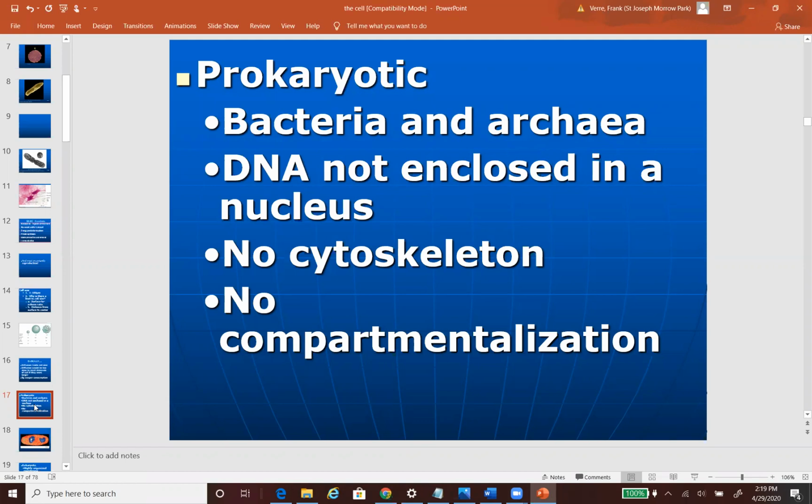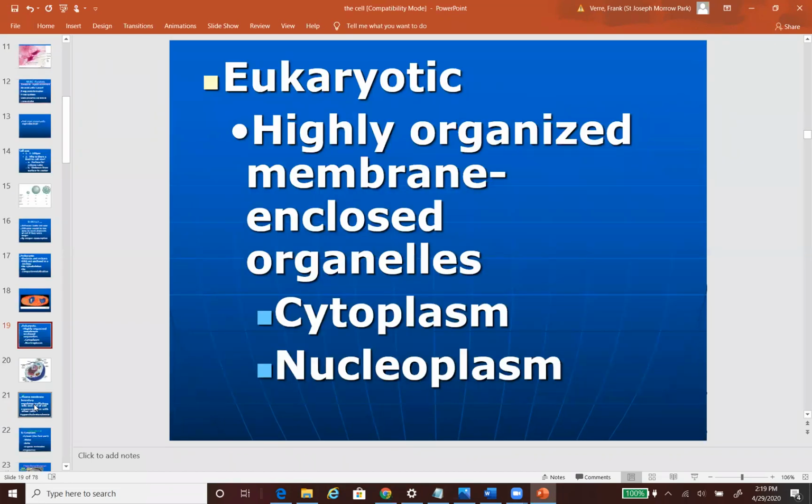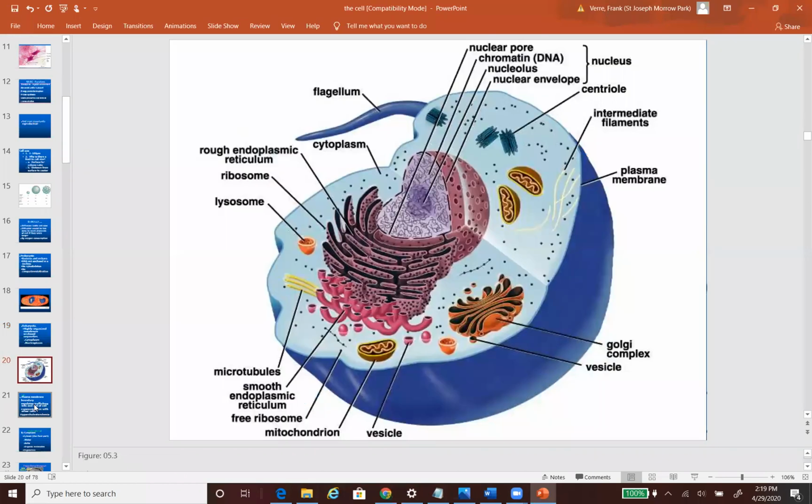The other type of cell is called the eukaryotic cell. So here's an example of a prokaryotic cell. The eukaryotic cell does have a nucleus, and you can see that in this slide. The nucleus is a really important organelle. We'll call that a little body part of the cell, an organelle. And you can see it right here. So this is my nucleus. Just circling it. And its role is to protect a very valuable molecule that I'm sure you've heard of